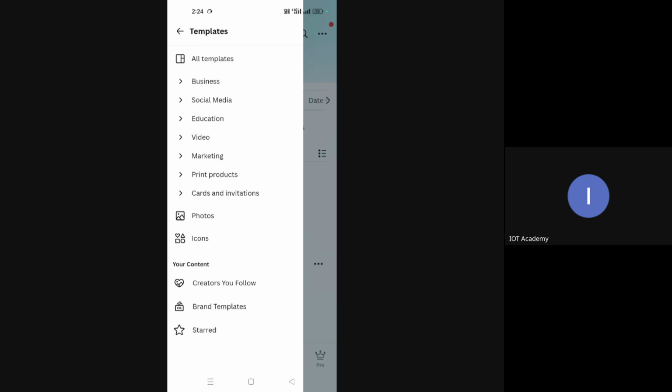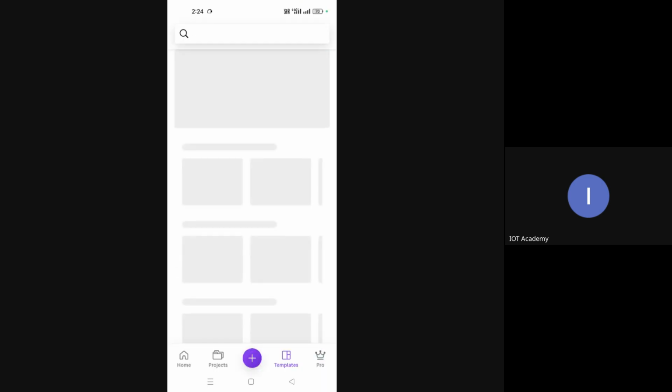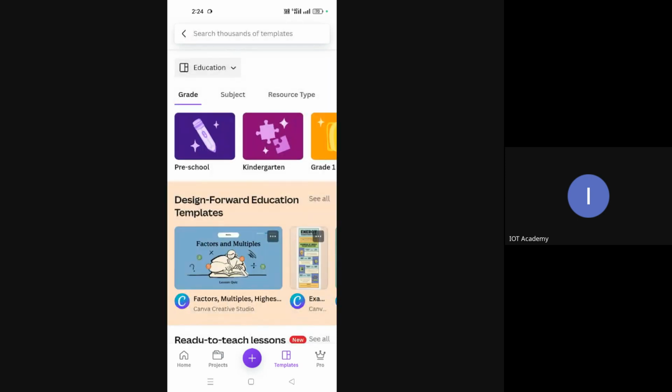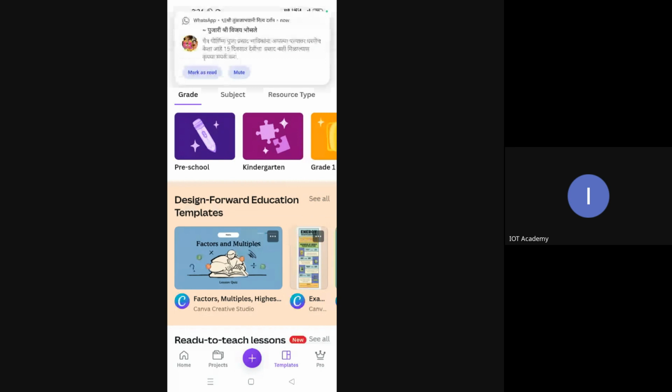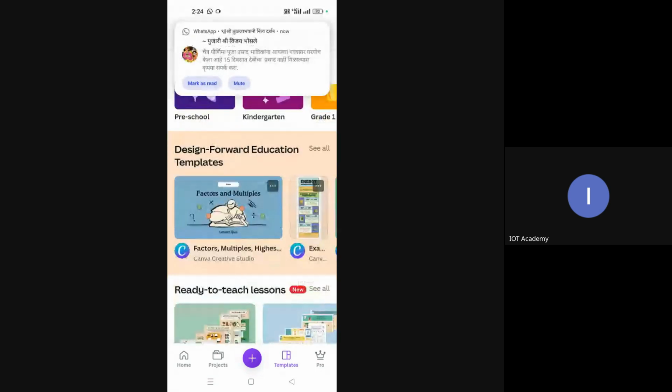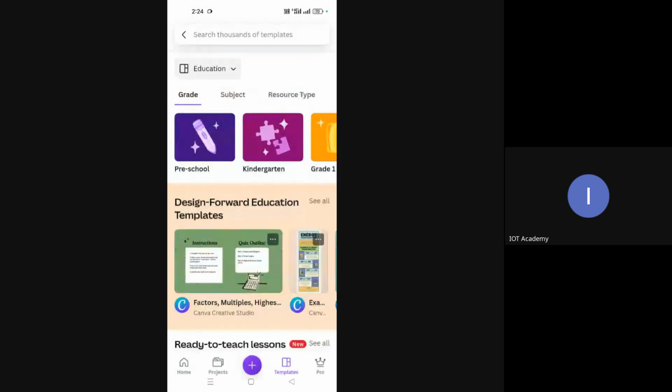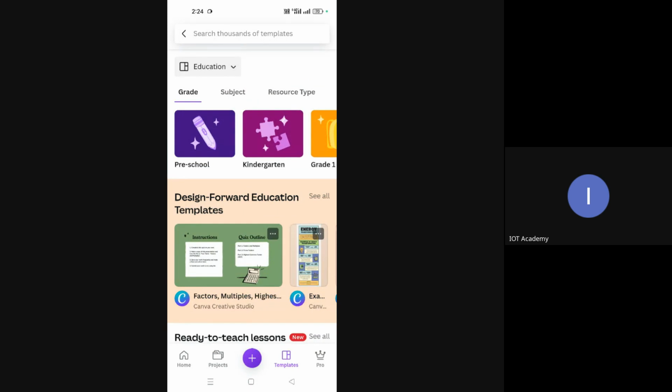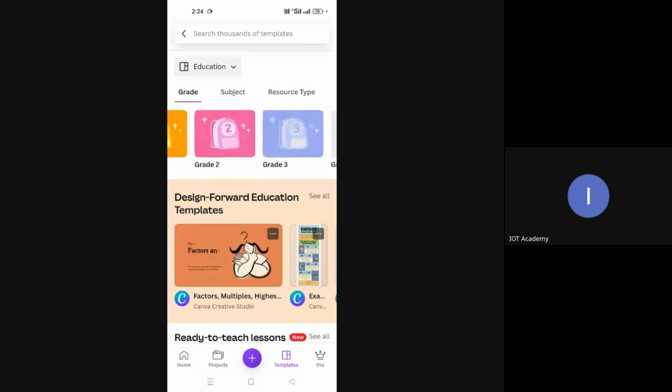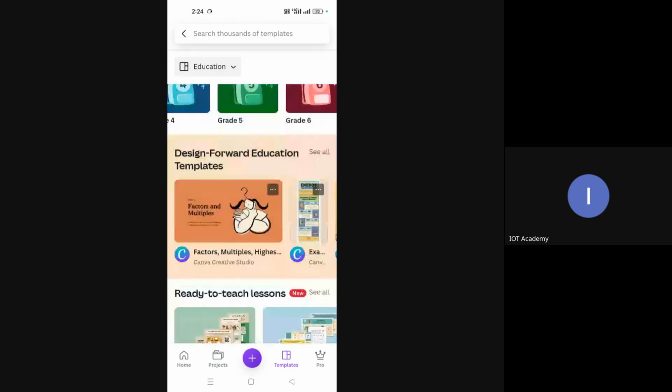Otherwise, with the available templates as a list is given to you, tap on each one, you will be taken to the respective folder where you have n number of templates which are available for free, which you can use. Besides, in case you are not satisfied with what is provided here and you wanted to use something else, then you have to go for Pro.